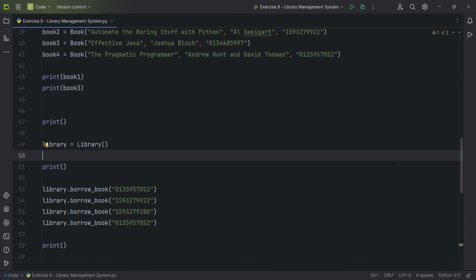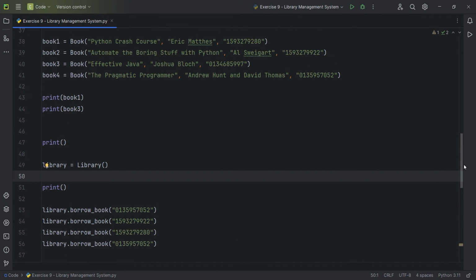So basically in here, what we're doing is we're trying to borrow a few books. So if you see 01359, you can see that it is this one right here. It ends with 52. That is the Pragmatic Programmer. Then we try to borrow another book that is 15 and ends with 9922, which is this one, which is the Automate the Boring Stuff. Then we try this one, which is the Python Crash Course, and then we try this one, which is a